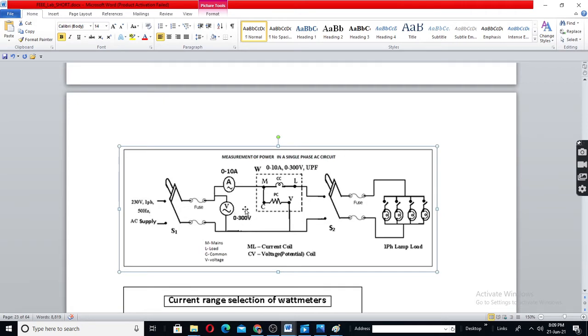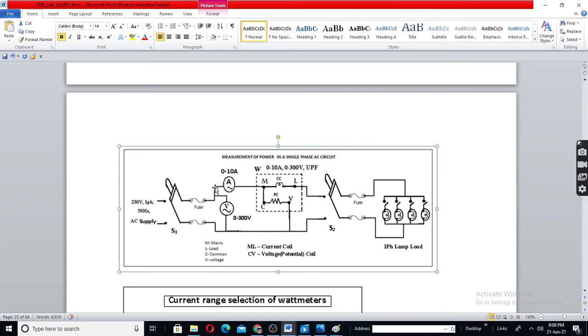See, for these connections, these four wires can be thin wires, because the current flowing here will be very much less. Here more current will flow, because load current is flowing here. Load current means current through the bulb.